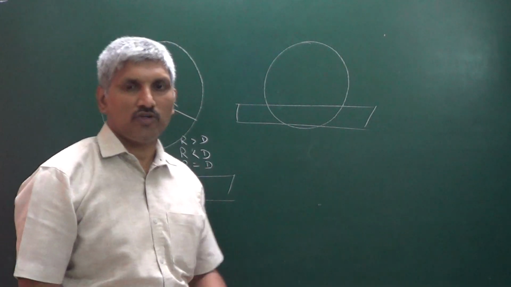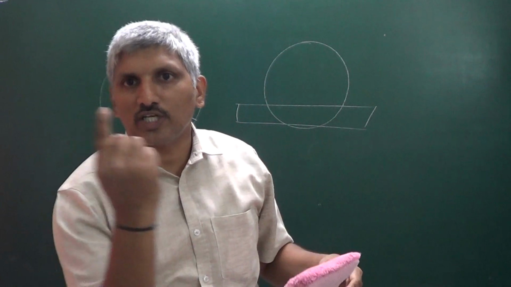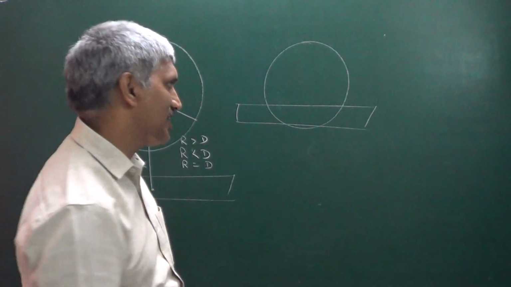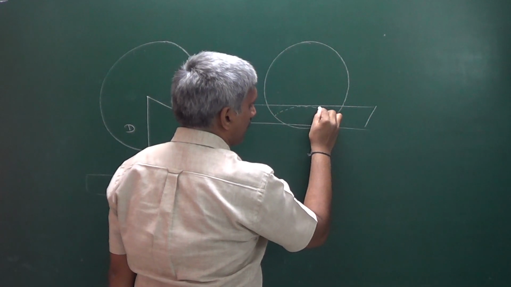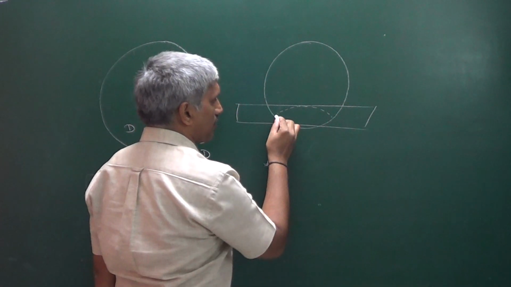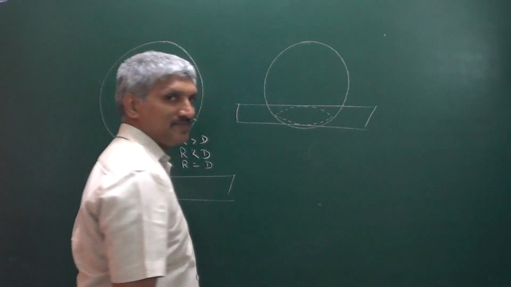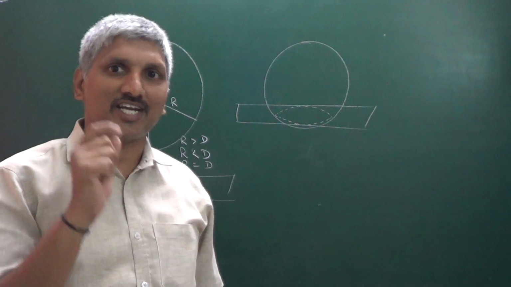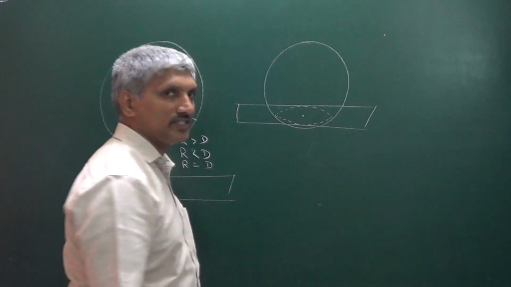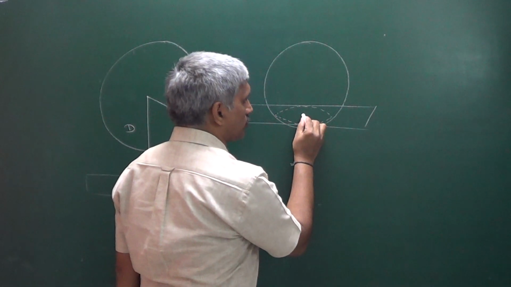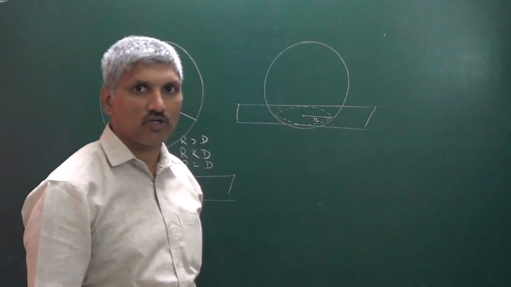Plane cuts the sphere. You can observe a sphere is cut by a plane. What about that cross section? That cross section is a circle. Just observe here what I am drawing. The sphere is cut by a plane. This is the cross section we are getting. That cross section is a circle. Here the important idea is how to find out the center of the circle and how to find out the radius of the circle. Let us say the radius of the circle is equal to r.